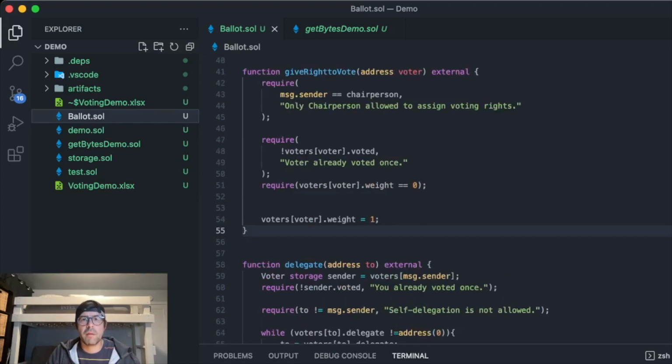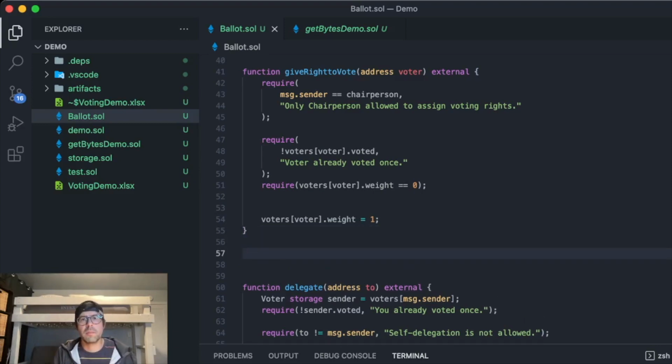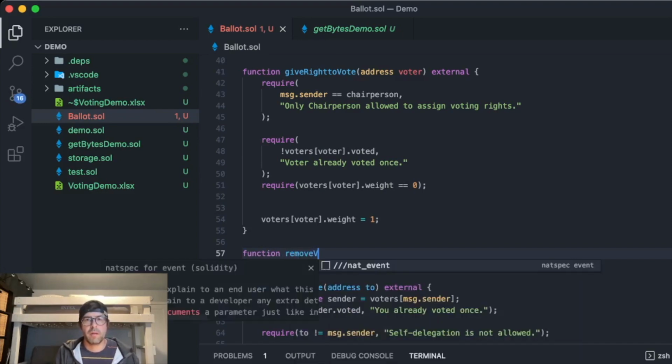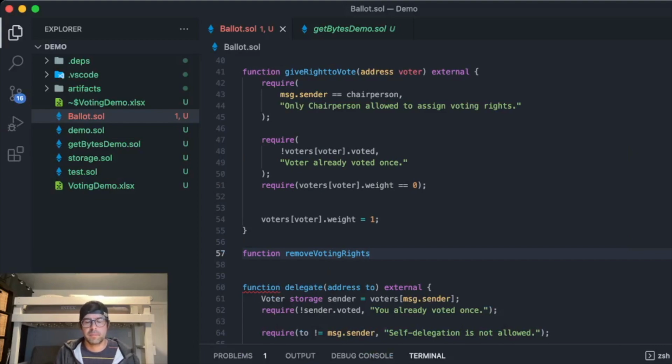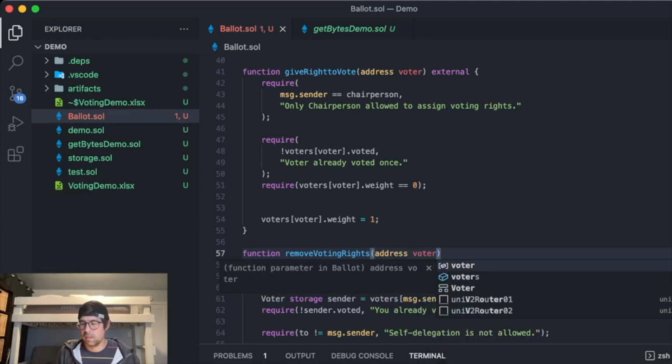So I'm going to click back on the ballot here, and one of the questions that has come up in the comments is, how do we remove the right of a voter to vote? So what you can do is similar to the voter function above here. Essentially we want to create the inverse of giving people the right to vote. So we're going to start with function, and then we'll say remove voting rights, and then we want to choose an address within the voter group,